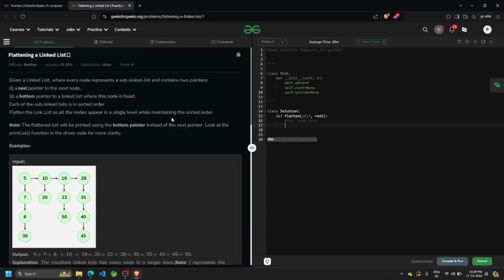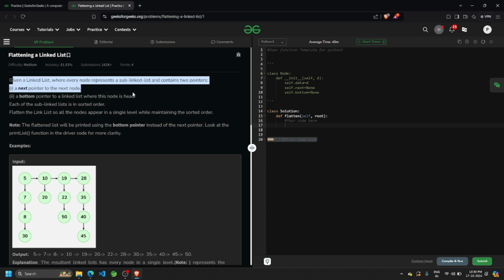Now let's solve the problem: flattening a linked list. So what is given? You are given a node which can have two pointers now. Not just the next pointer, pointing to the next node, but also a pointer pointing to the bottom node. And that is what is new in this: not just a linked list, but a linked